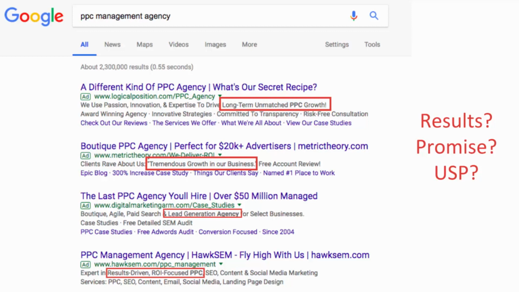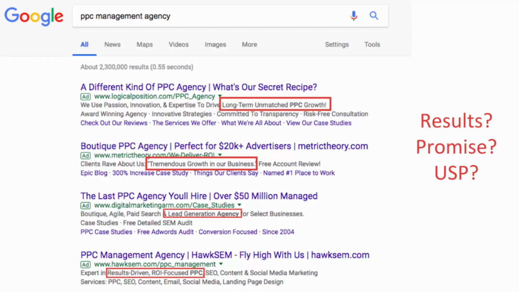Ideally, it should say tremendous growth in your business, because we should be talking to the prospects. So that's actually kind of a bad example. We have lead generation agency, results driven, ROI focused. These give you kind of power words and buzzwords that you can play around with, and you want to use the same vernacular or same kinds of words in your own ads to attract potential customers.